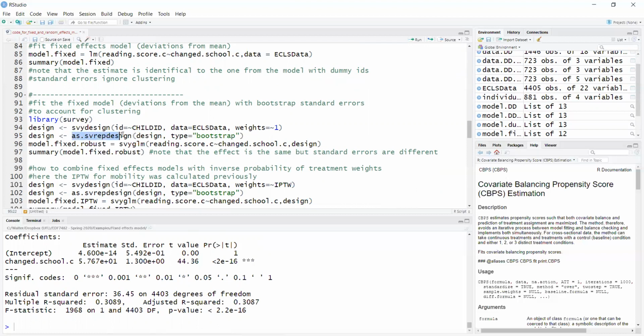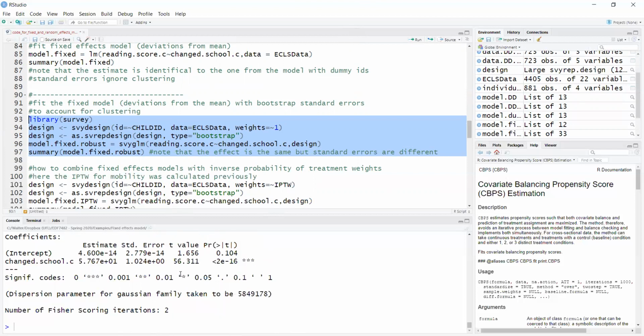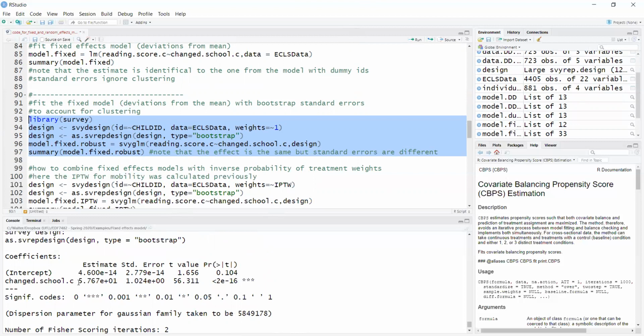So I set a survey design where I have this cluster bootstrapping, and then I fit the model. It's the same model, but now I'm declaring child ID as a cluster. So if I run this, it takes a little bit because it's bootstrapping, and I get the same estimate of the treatment effect,